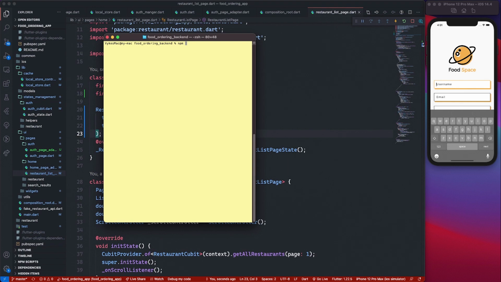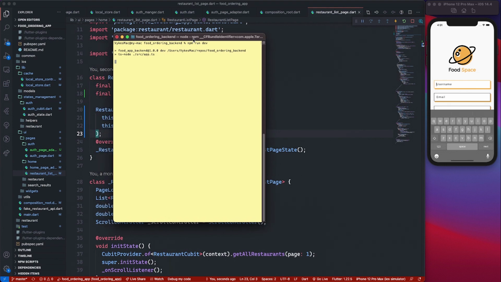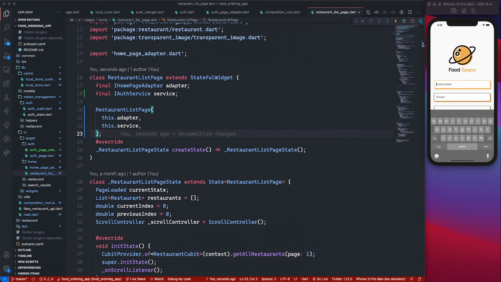If I say npm run dev inside of my backend to kickstart my backend, so that is running. Now, if I try to log in with a user that I have in my database,